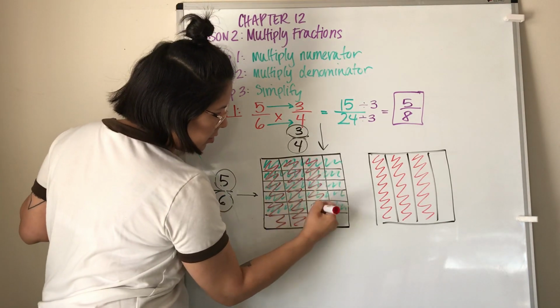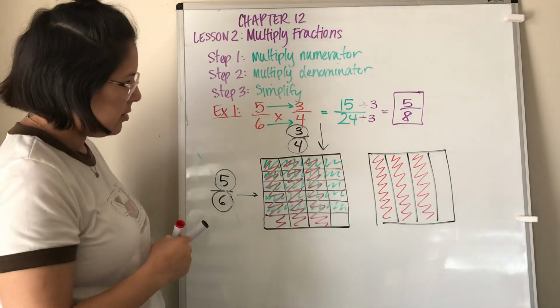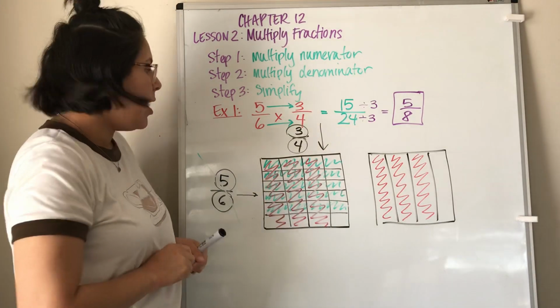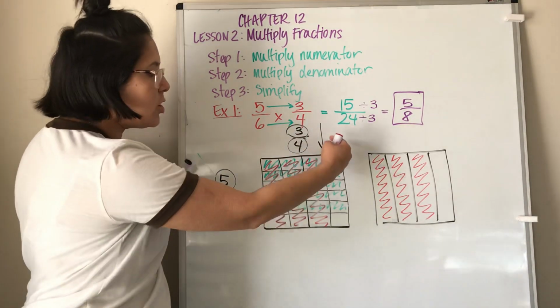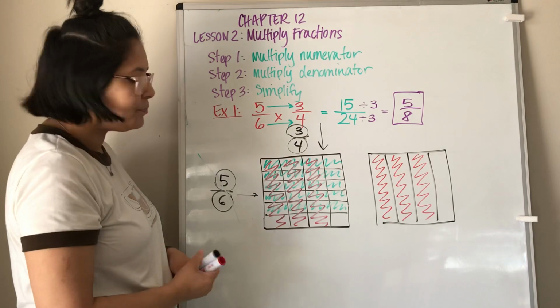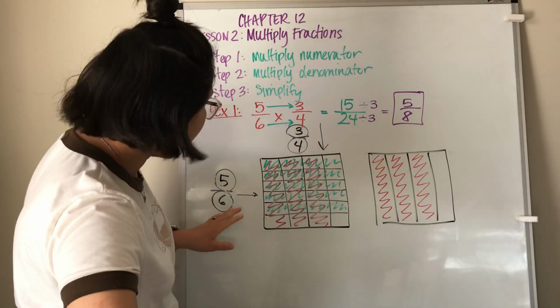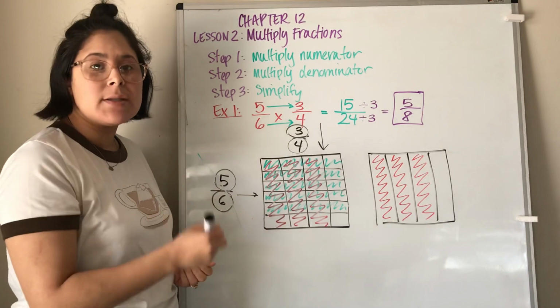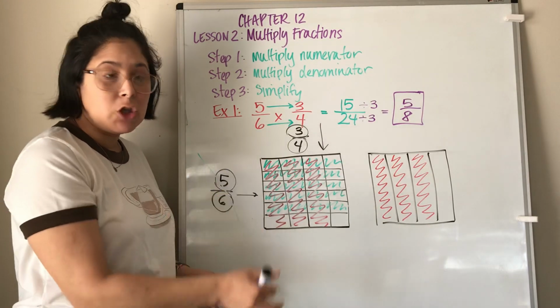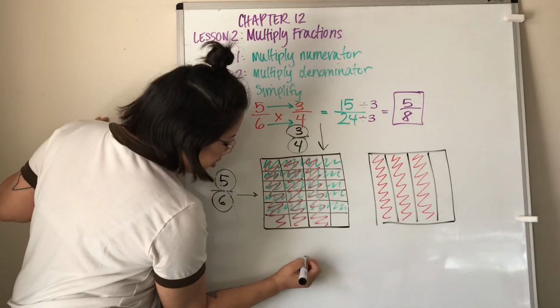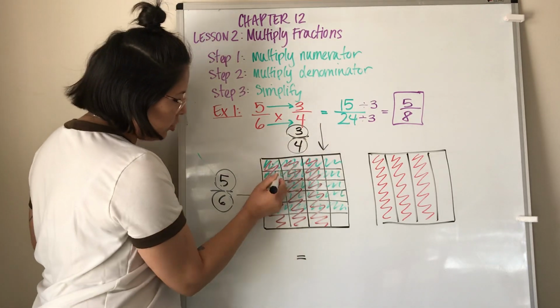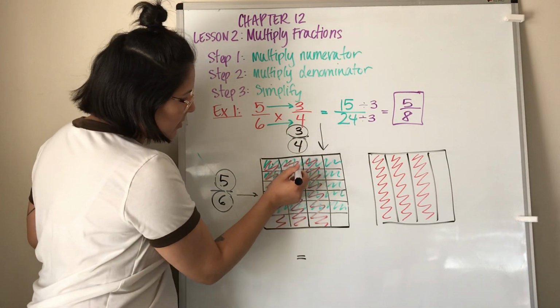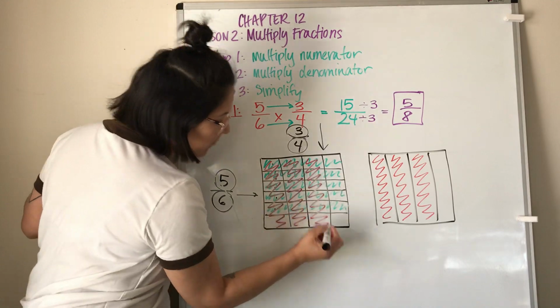1, 2, 3. Okay, same thing. But this is the one I want because this is what it's showing to multiply. Okay, so now how many are double shaded? Count the ones that are double shaded, and that's my numerator. Okay, so how many are double shaded? 1, 2, 3, 4, 5, 6, 7, 8, 9, 10, 11, 12, 13, 14, 15